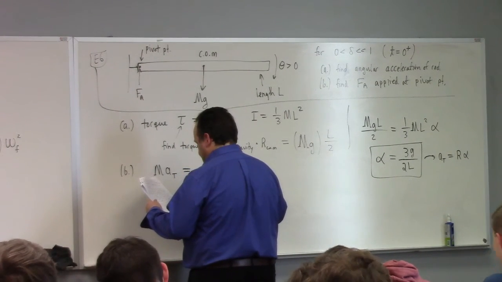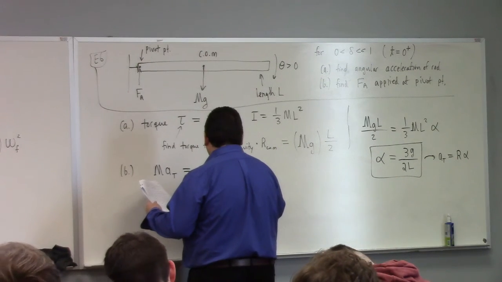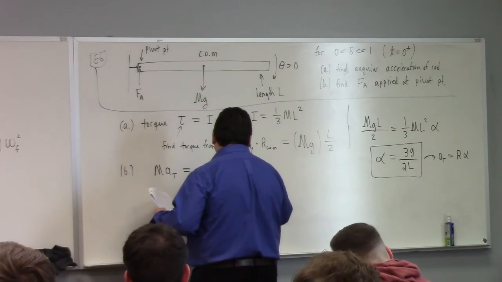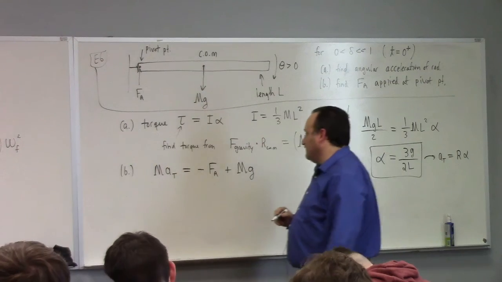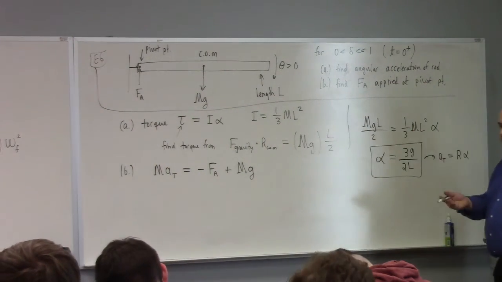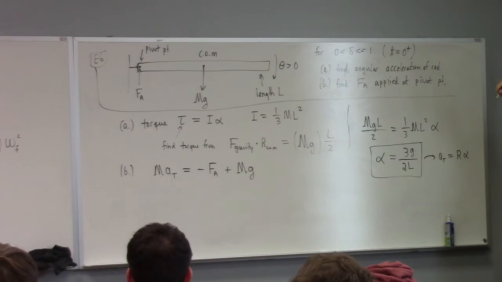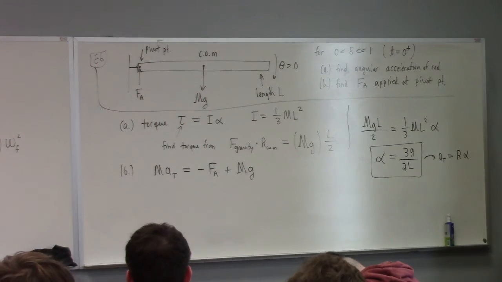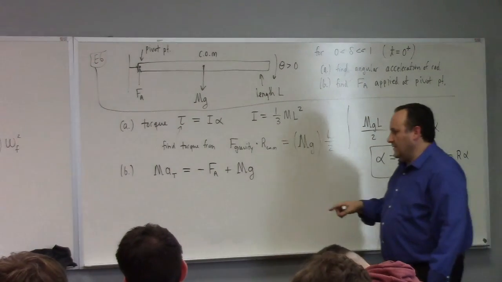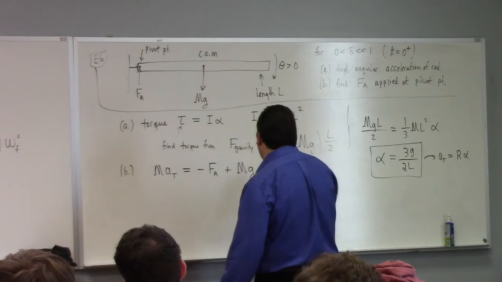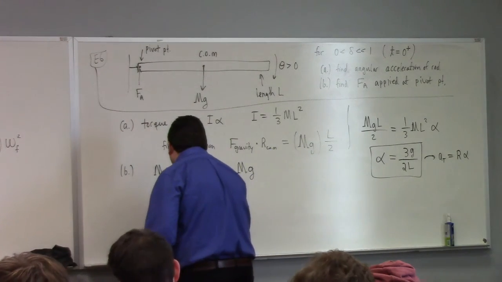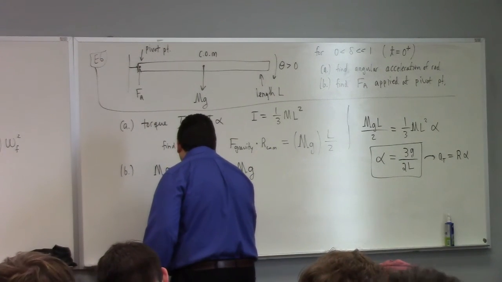plus what? Plus mg. Now why is it minus FA and plus mg? The directions, right? Because FA goes up, whereas mg goes down, which is the positive direction. Anyway, so that's the story there. And then I can solve for FA. So FA is equal to,